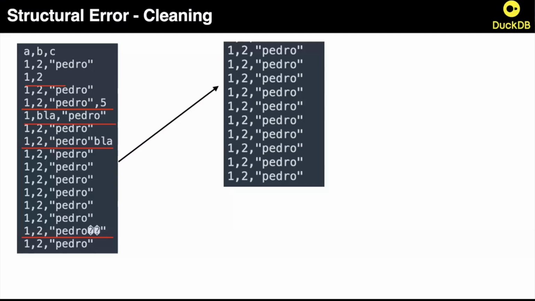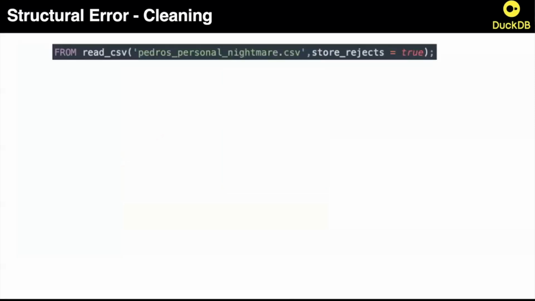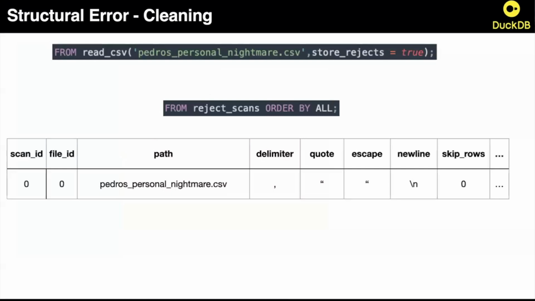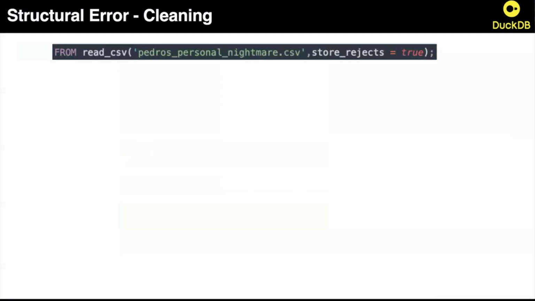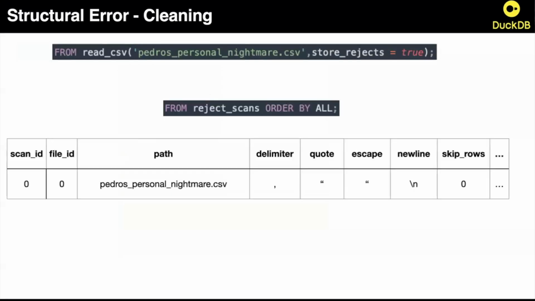And the idea is that when you have ignore errors on, you can just ignore all these lines because they are borked. But of course, they are also wrong, right? So you want to be able to do something with it. So the way this works is that from a read CSV function, you now have this store rejects variable that you can set up. And then if you read this file that I just showed, that I called Pedro's personal nightmare,